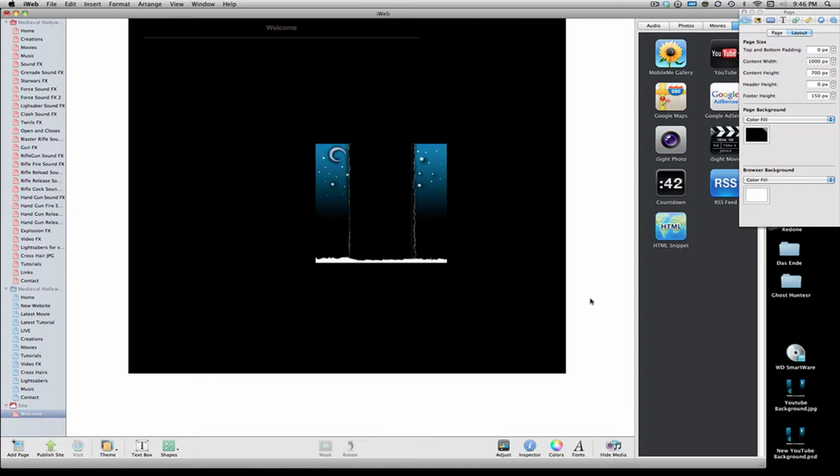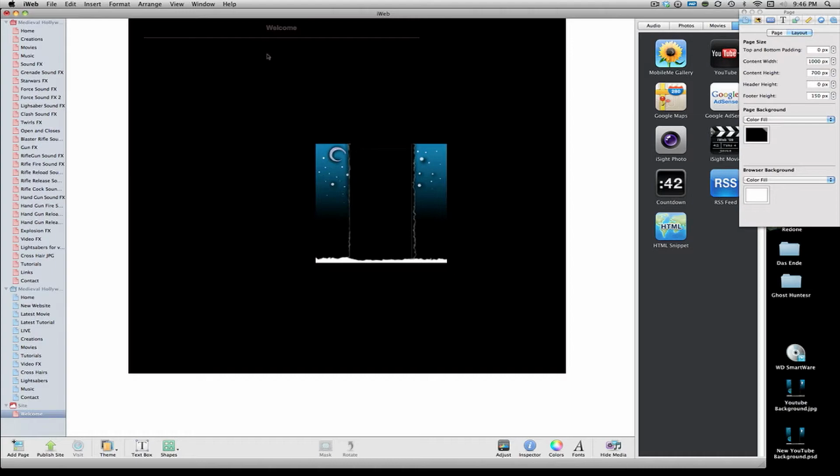So that's pretty much what you guys want to think about as far as formatting your website. If you have a lot to say, you might want to change the content height and width. I got those mixed up. Whatever. Anyways, I also want to talk a little bit about the menu along the top,